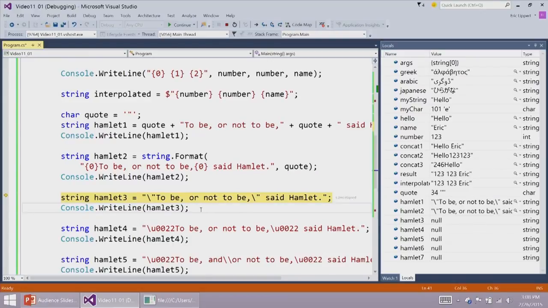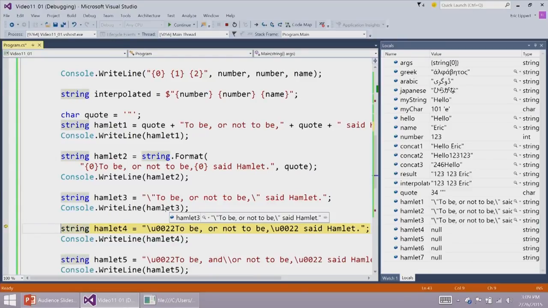The way that you can put a double quote into a string literal in C# is to precede the double quote by a backslash. So this tells the C# compiler, it looks like I'm about to end this string, but in fact I am not. Treat this as literally a double quotation mark inside this literal string. And so if we do this,